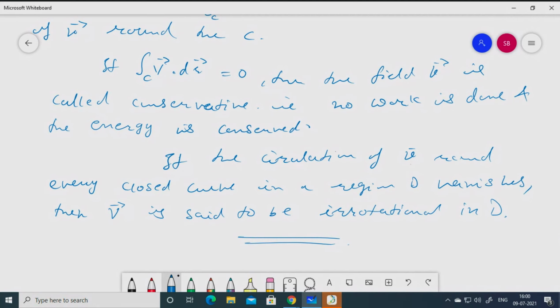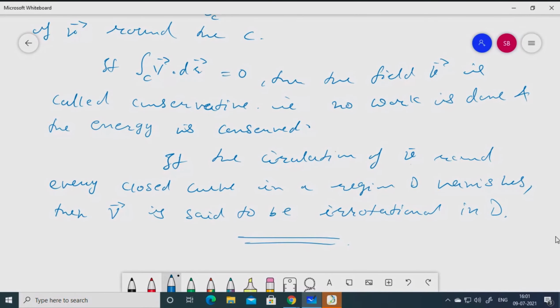Direct problems, indirect problems. These are direct problems where you don't know what your F bar is; F bar is just a function, and you are calculating the line integral. But if they mention the application part, they will ask you to find the work done by a given vector along some given curve in some plane. Sometimes the points are given, sometimes not given. Accordingly, you have to solve the problems. So there is a variety of problems here.